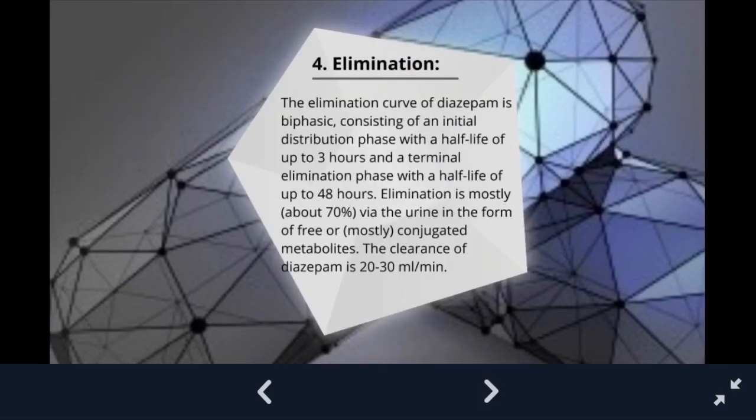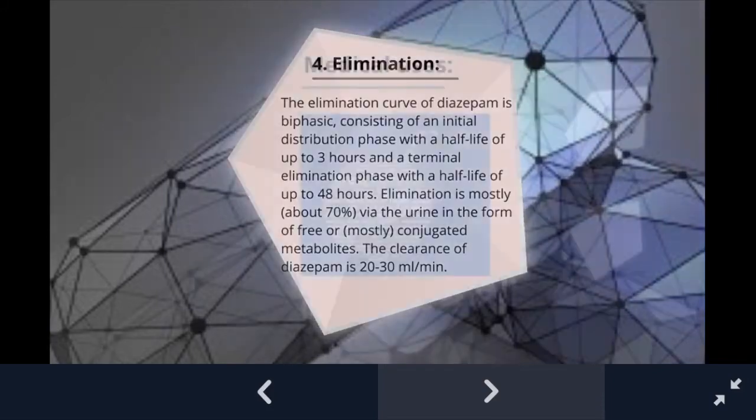And finally, elimination. The elimination curve of diazepam is biphasic, consisting of an initial distribution phase with a half-life of up to 3 hours and a terminal elimination phase with a half-life of up to 48 hours. Elimination is mostly, about 70%, via the urine in the form of free and conjugated metabolites. The clearance of diazepam is 20 to 30